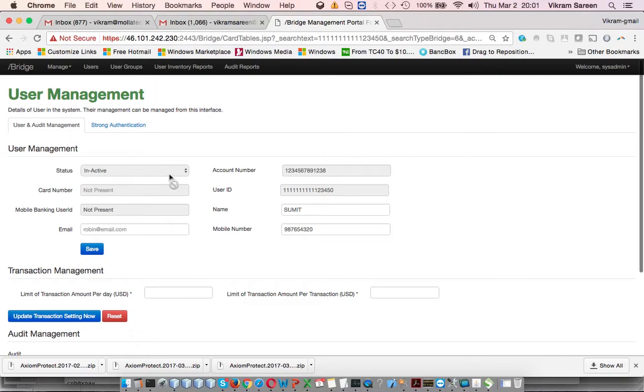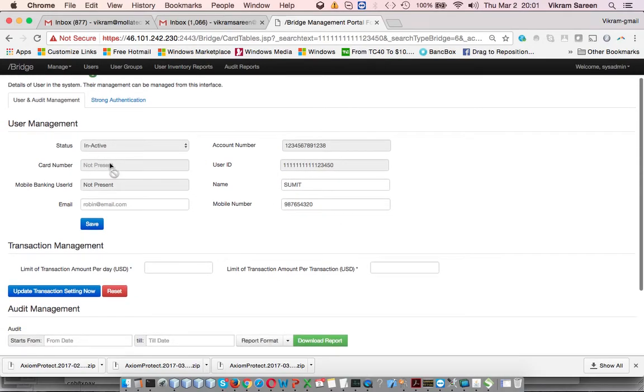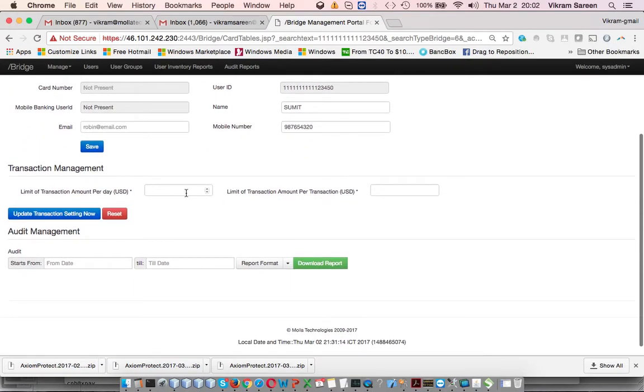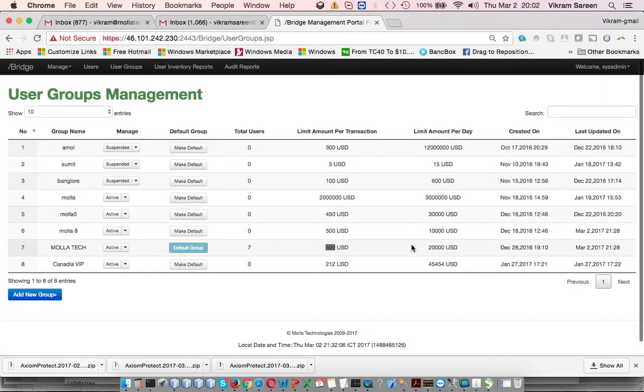So obviously status is inactive, as I shared. Then the account number, the CIF number, the card is not present over here, or mobile banking is not present here. Now I'm going to the transaction limit. Now if you remember, in the user group we had the limit of what a user is allowed to do, because the user belongs to that group. Now in this case,